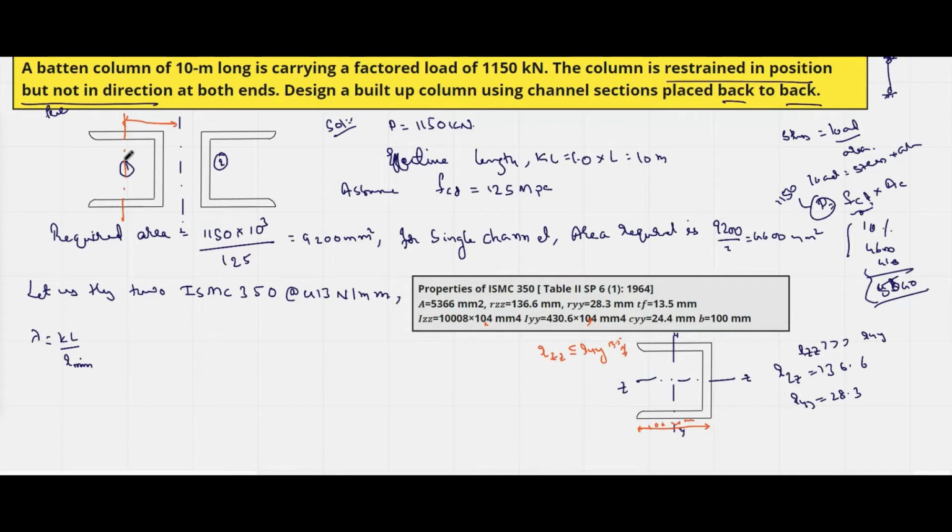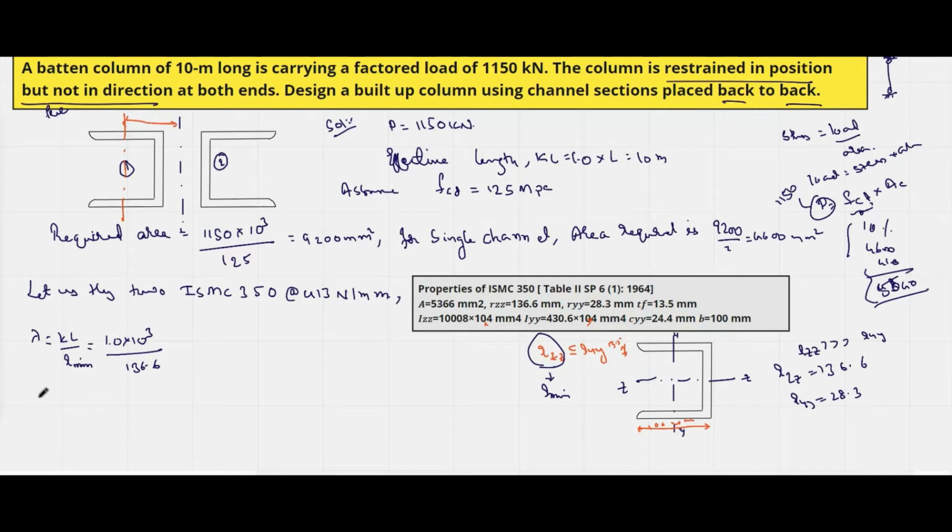Here we are using a built-up section and we will design it in such a way that RZZ should become R minimum, not RYY. RYY is only for a single channel, but when we are using these two channels as a built-up member, we will increase the distance in such a way that RZZ will be less than RYY. So while we are using a built-up member, RZZ will be our minimum radius of gyration. So this value will be around K is 1, L is 10 cube divided by